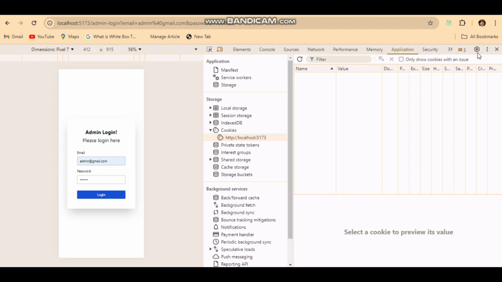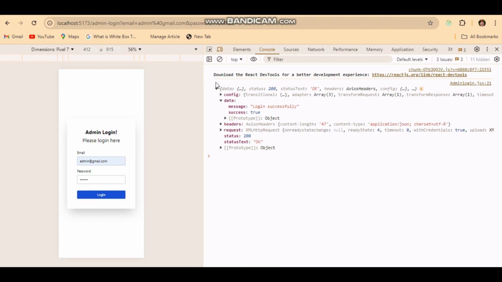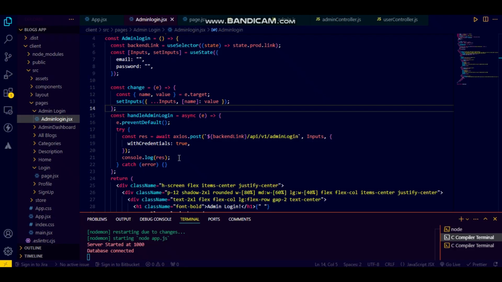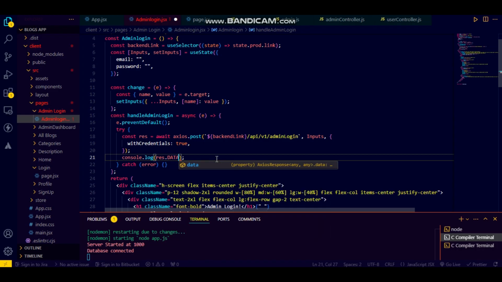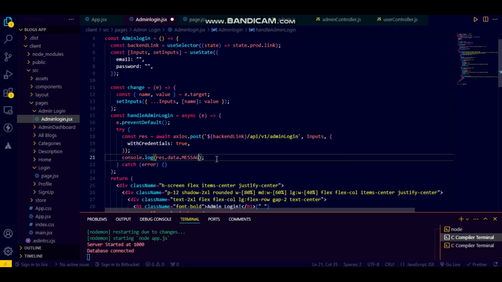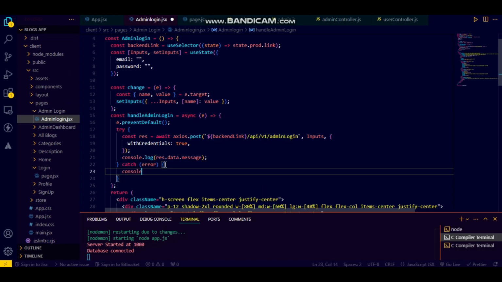I just want to clear each and everything, and I can say that my response is response.data.message. Okay, that's it. And if I am going to have some error, then what I can show, I just need to see. Okay, instead of this console.log, I just want to have